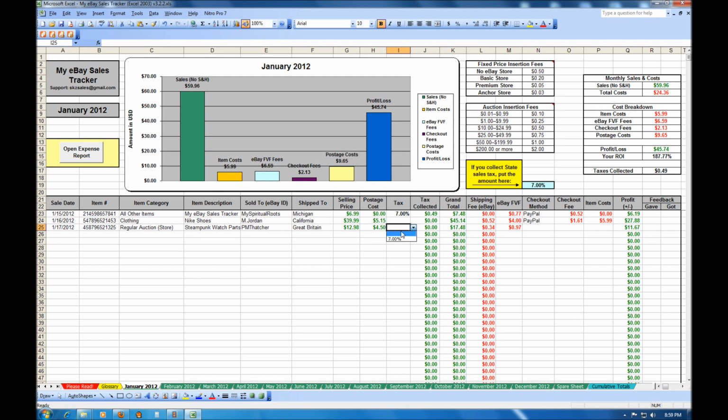Tax, depending on where you're at, you can use that option or whatever. Checkout method is going to be PayPal International, because this is an international transaction. So the checkout value will be 98 cents. And for the item cost, let's say you got these for a steal. You paid a whole $1 for that box of parts. So you profited $9.69 on this box of steampunk watch parts, and you did pretty good. And you look at your chart and see how everything kind of falls into place,